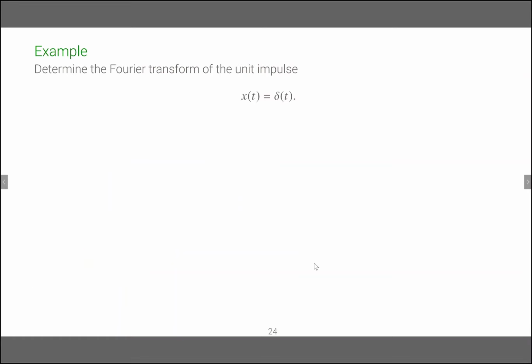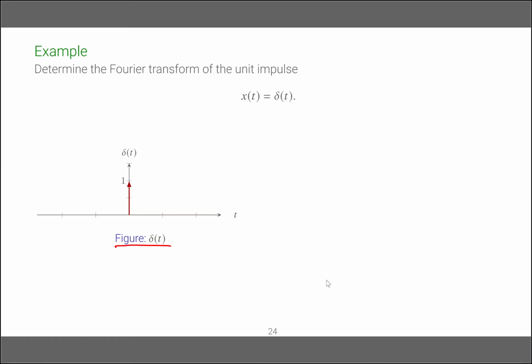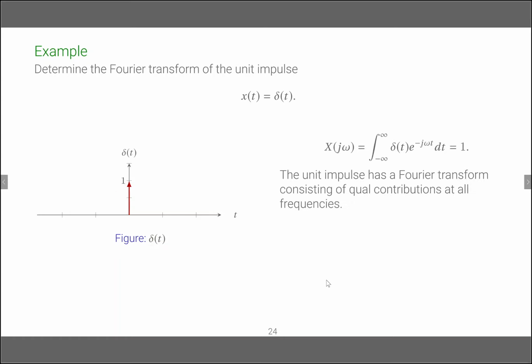Okay, now let's take this example. Determine the Fourier transform of the unit impulse x(t) equals delta(t). So this signal is actually this. It is an impulse of area 1 located at 0. You know that this impulse does not have a finite height; its area is 1. So we can apply the expression